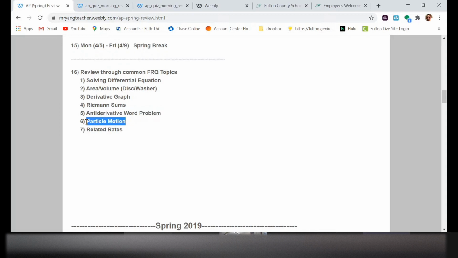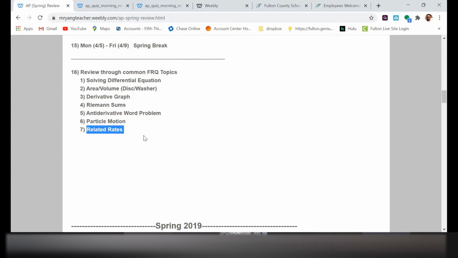Particle motion: we haven't seen these yet, but typically these are on the easier spectrum of AP exams. So I'm focusing on the ones that I feel we need more time to get used to. But we'll do a couple of particle motion problems, and when you see these, it's going to feel easy. Typically calculator questions, but we'll definitely do those. And then I would say related rates is another potential one.